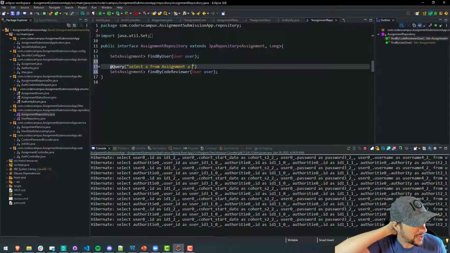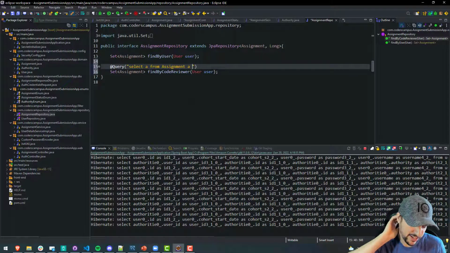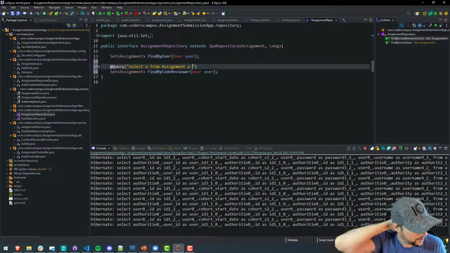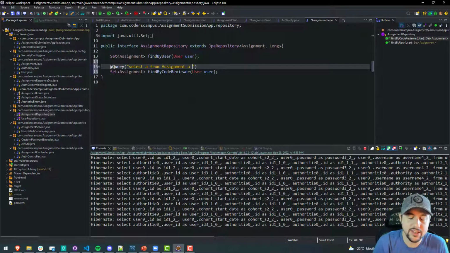I haven't done this in a while. This is what happens. You get rusty when you stop doing all this stuff for a little while. I think you need to assign an alias to it. So select A from assignment A, and then you would say where